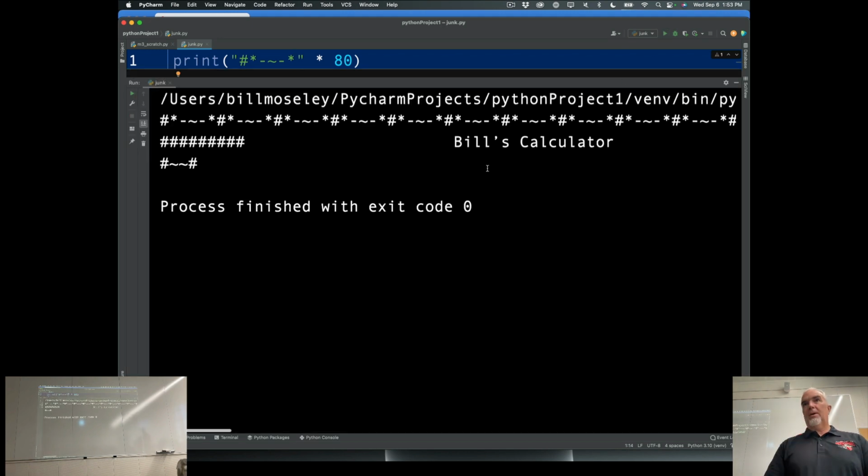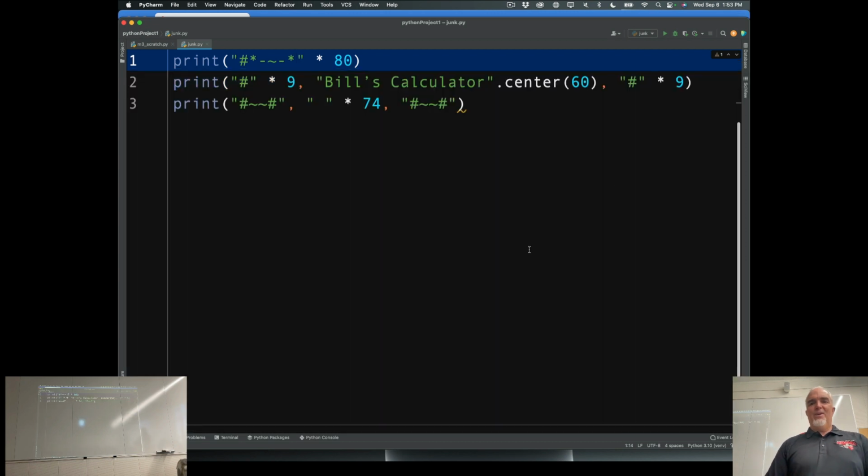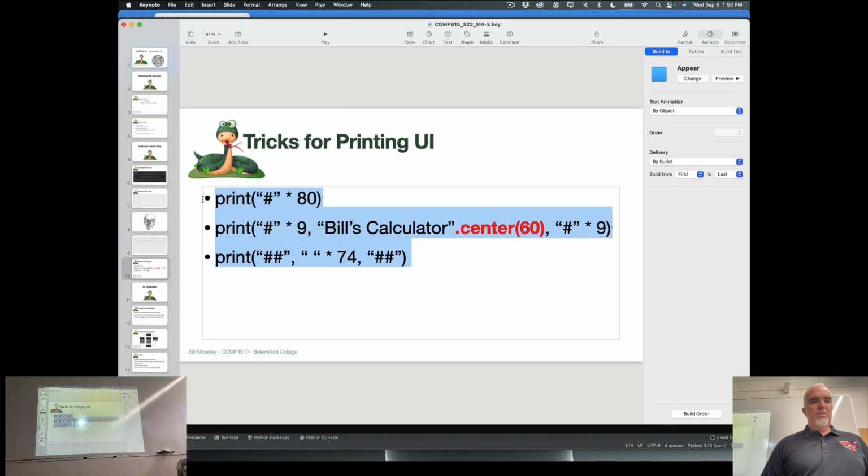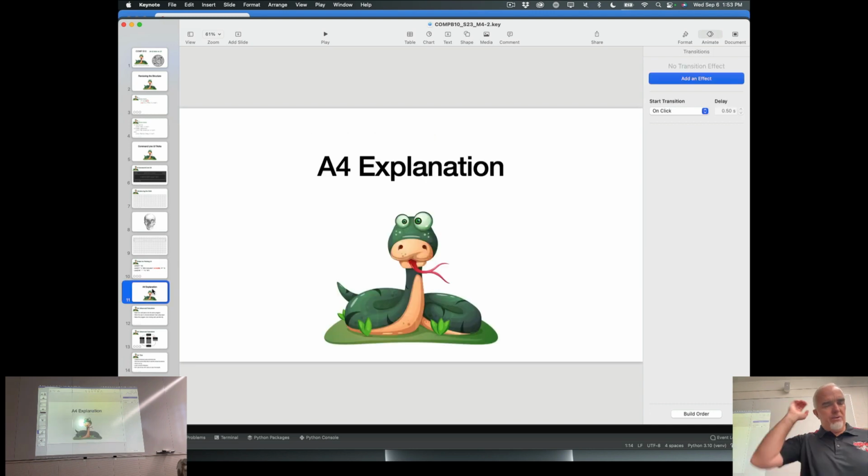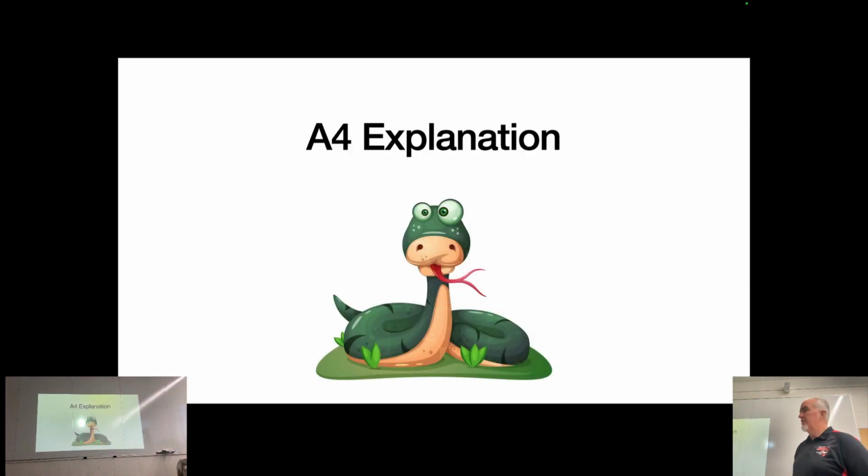You can do all kinds of things. And if you are good enough with your ASCII art, you can be really creative. I'm going to leave that to you. But what I will say is, when we start using our programming, we start developing assignments and things,